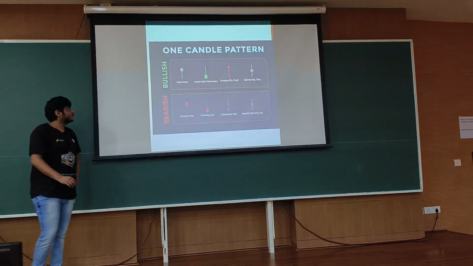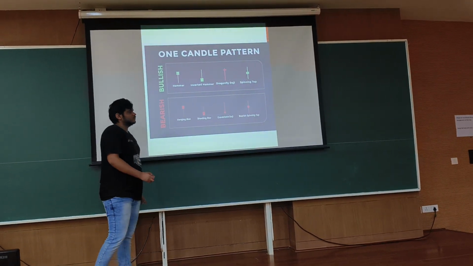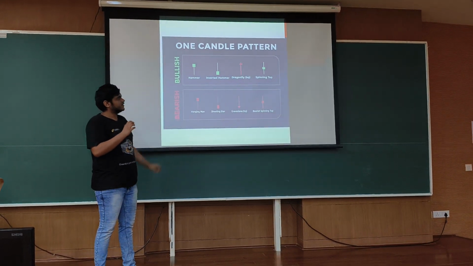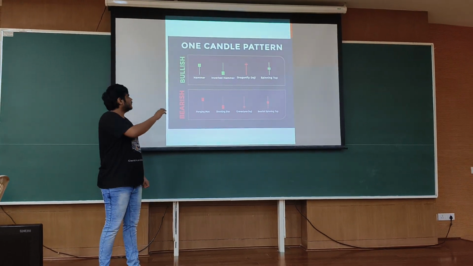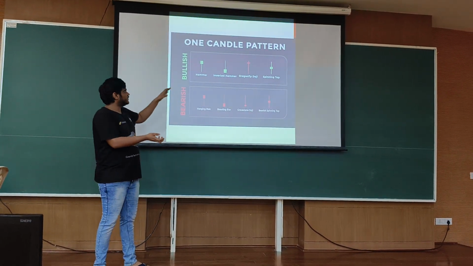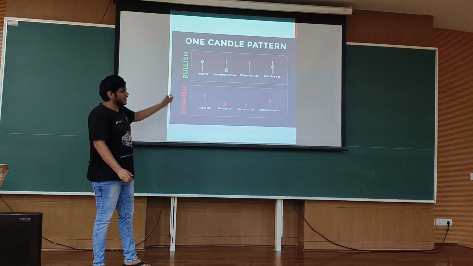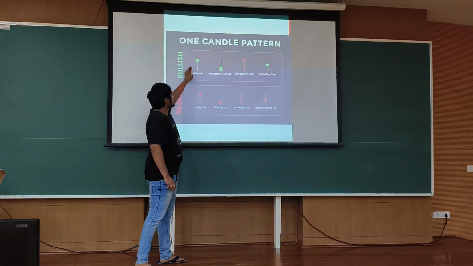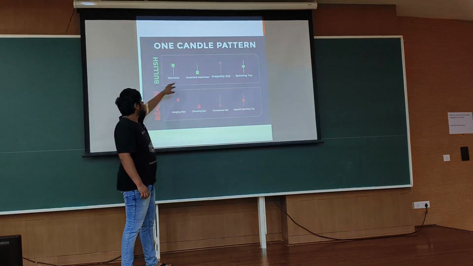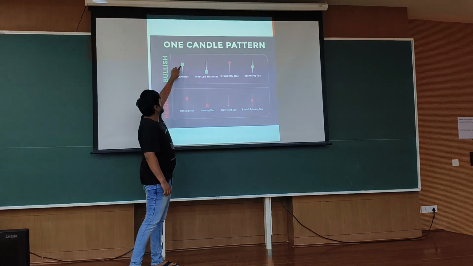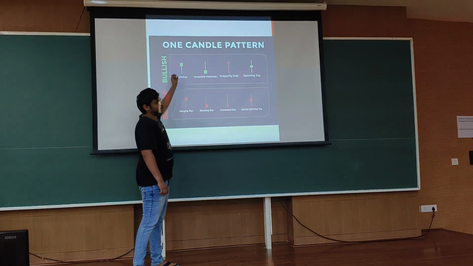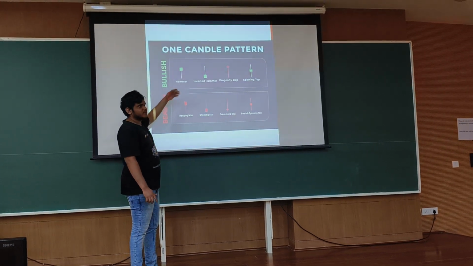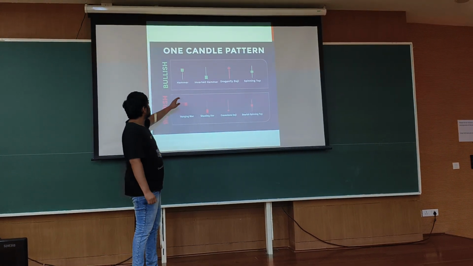So there are some single candlestick patterns. You will not always find these candlesticks, but these are very common ones, and the shape will change a little bit in the real market. These are idealistic scenarios. This is a hammer, where there is a long wick and a short body. This is an inverted hammer, where the wick is upper, and the other wick is non-existent or very small. So there are three conditions: small body, big wick, and the other wick is non-existent. This is an inverted hammer.